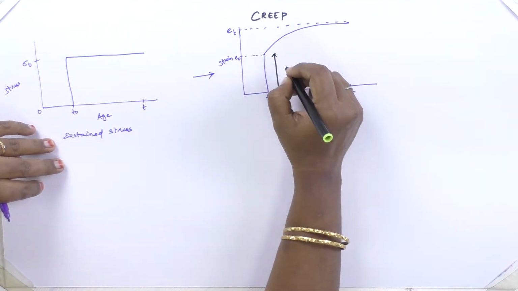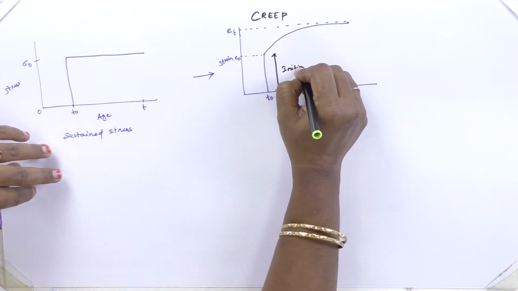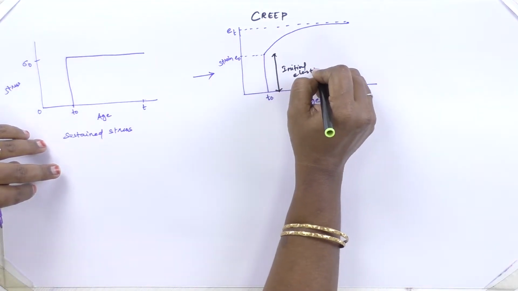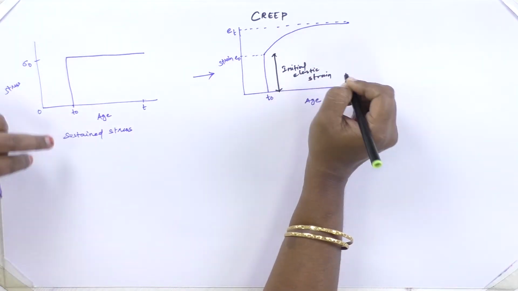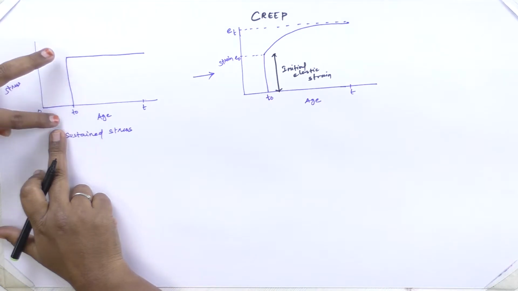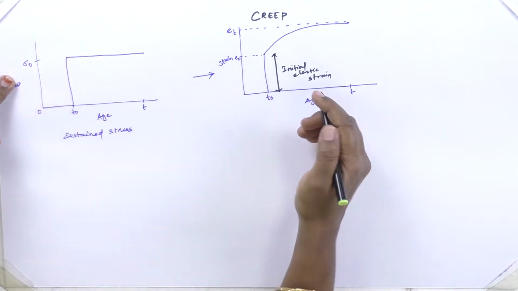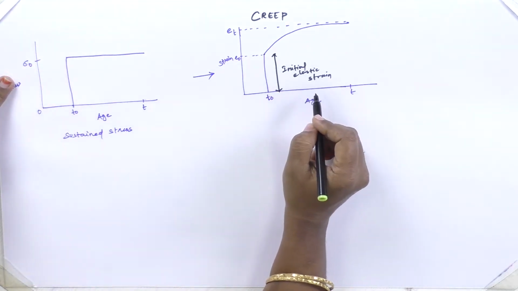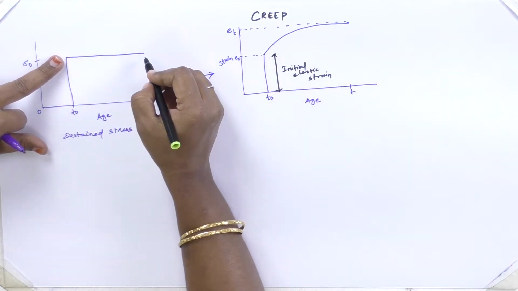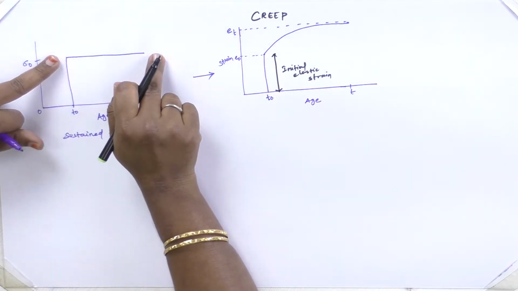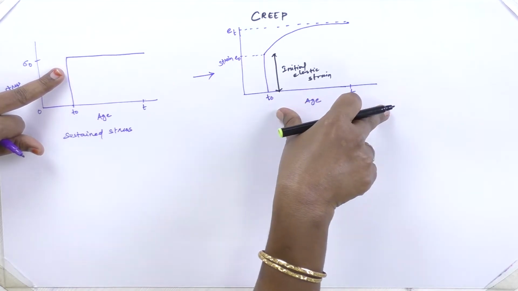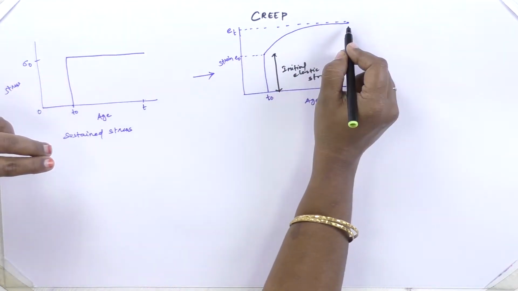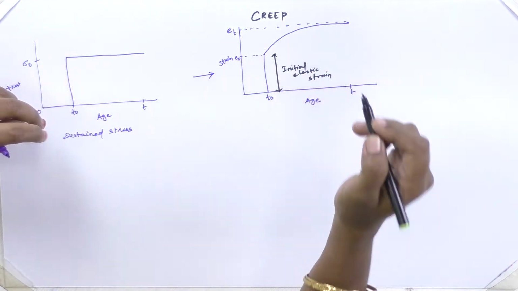This is my initial elastic strain. That is, during the application of stress sigma naught, I will be getting this initial elastic strain, and after maintaining the stress for a certain period of time, my strain value changes like this,